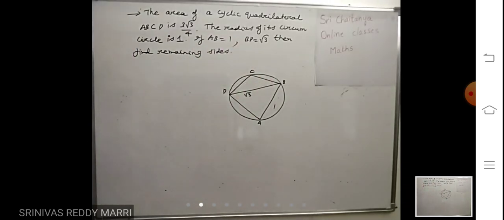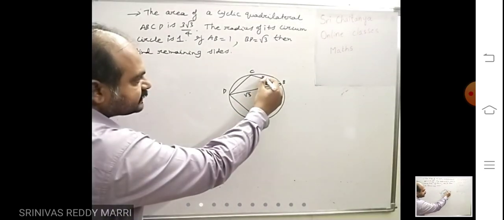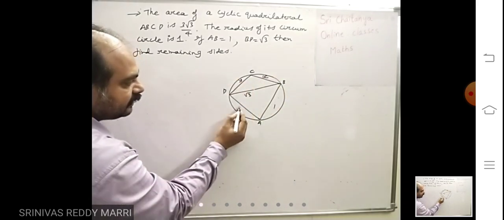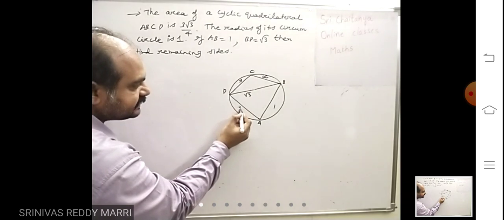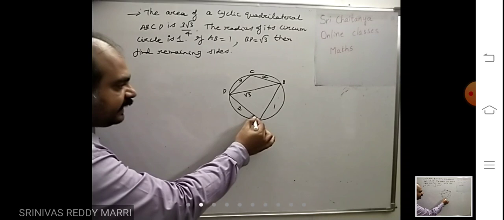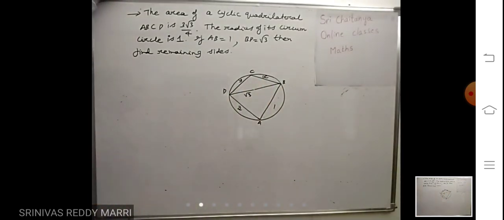Now if you look here, you don't know any angle. Let us say these sides are x, and let us say this side is z. All of you follow carefully. Three sides you have to calculate. You don't know any angle, this angle, this angle, this angle. So definitely you must know one angle.